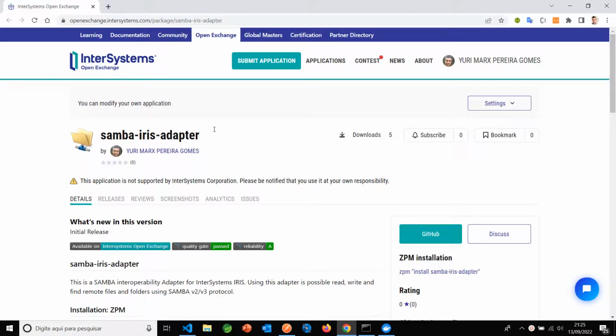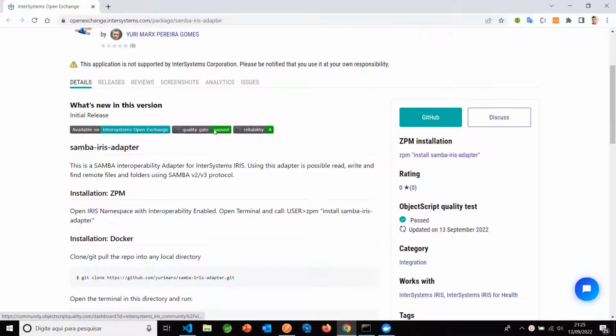Hello, this is my new app, Samba Adapter. This is an app used to allow IRIS apps to use the Samba protocol. Samba protocol is an interoperability technology that allows you to